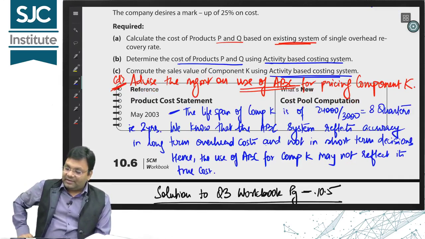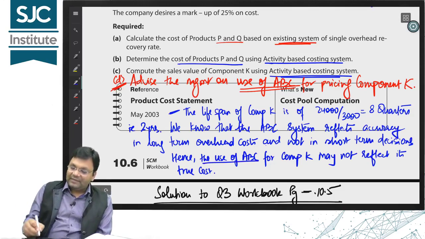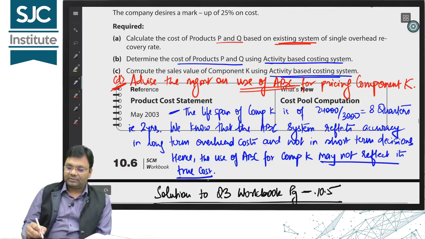So here what we said is, if I use ABC, then what will happen? It will not reflect its true cost. All right. So now,